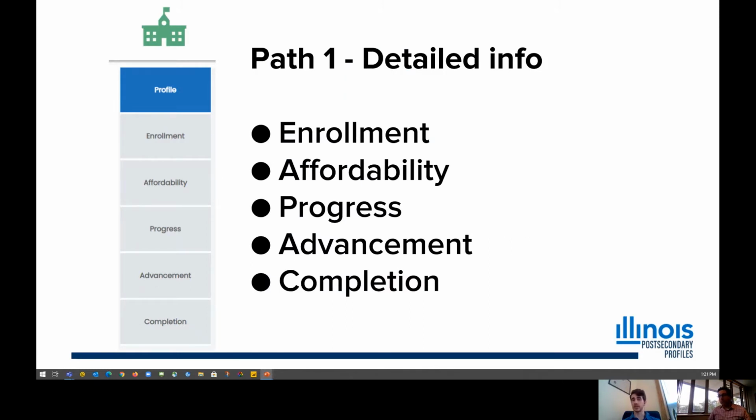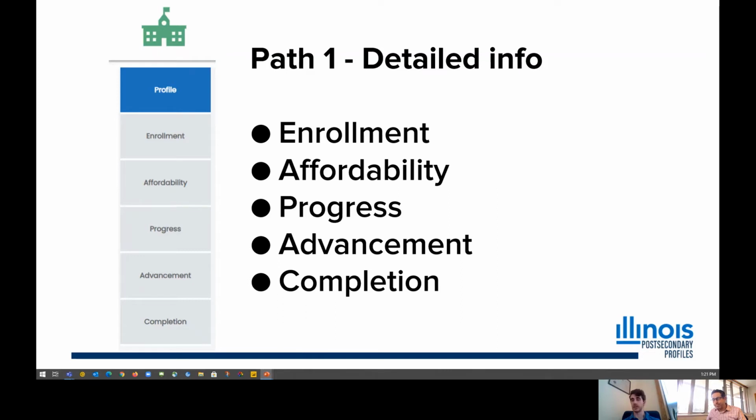Now, for each institution, you see there on the left-hand side, there are a number of categories of data and metrics available. So they range from enrollment: who's enrolling, and what does that enrollment look like across subgroups. Affordability, which focuses more on financial aid information, the number of Pell grantees, MAP grantees enrolling. You have progress. So are these students accumulating credit? Are they being retained over year?